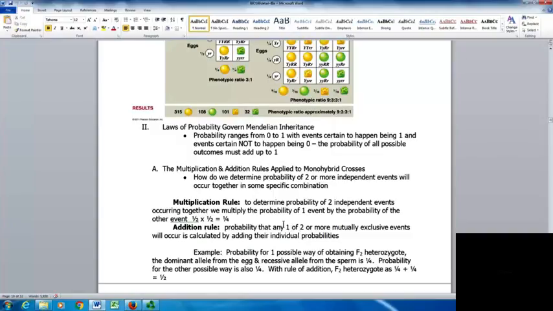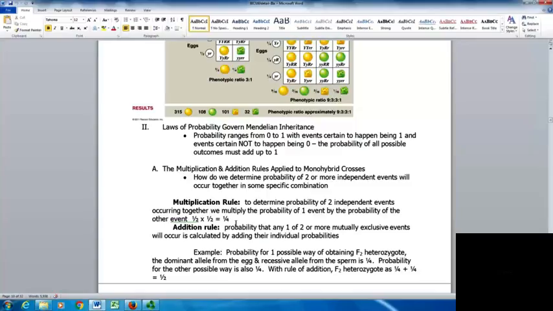We multiply the probability of one event by the probability of the other event. When we're looking at the probability of getting both of these traits together, if you have a 1 in 2 probability for one and a 1 in 2 probability for the other, the odds of getting both of them together are 1 in 4. This is the one you would probably use more often if you were looking at traits